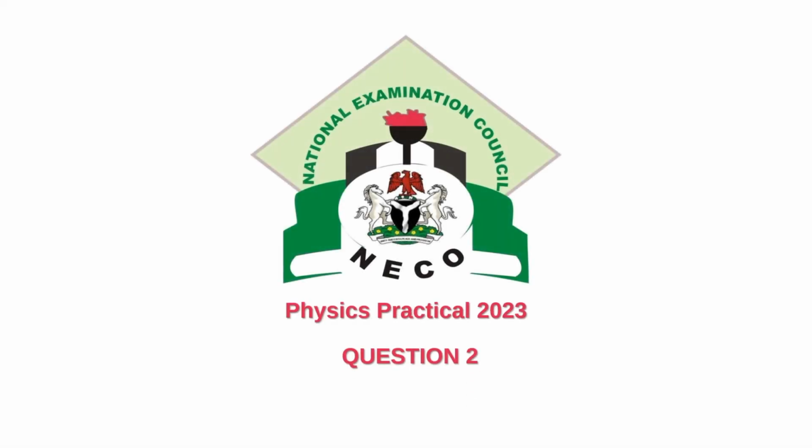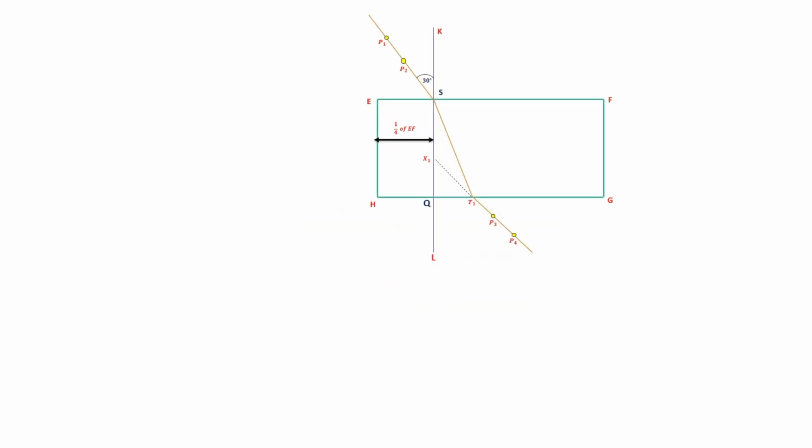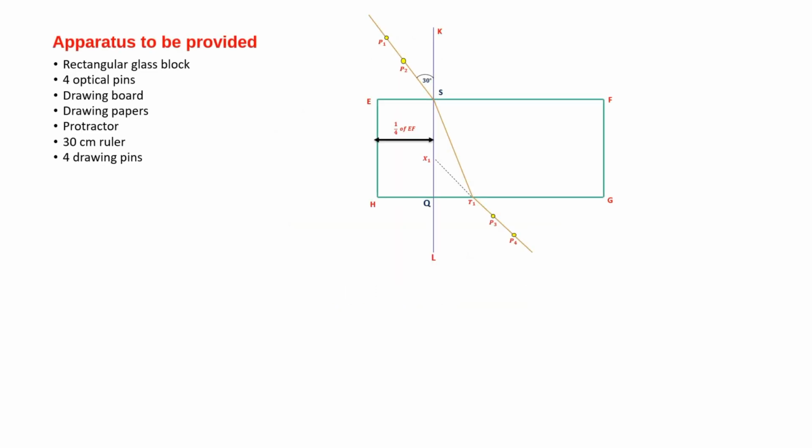This is the NECO Physics Practical 2023. The question number 2, which is on light. In this case, it is the rectangular glass block. Now, one thing about NECO is that this is a prediction for the NECO Physics Practical 2022, one of the best. And we are provided with the following apparatus: